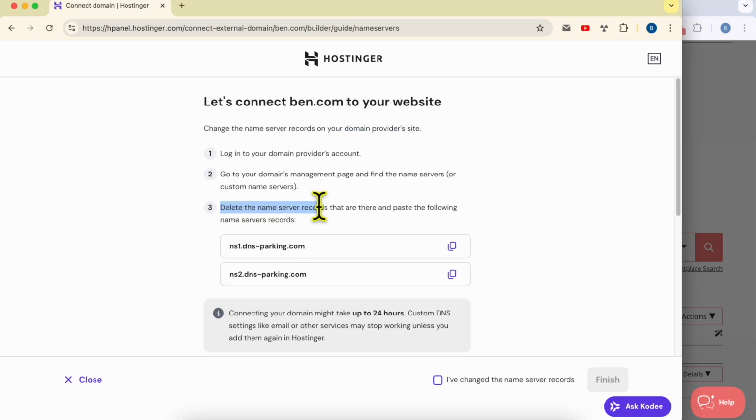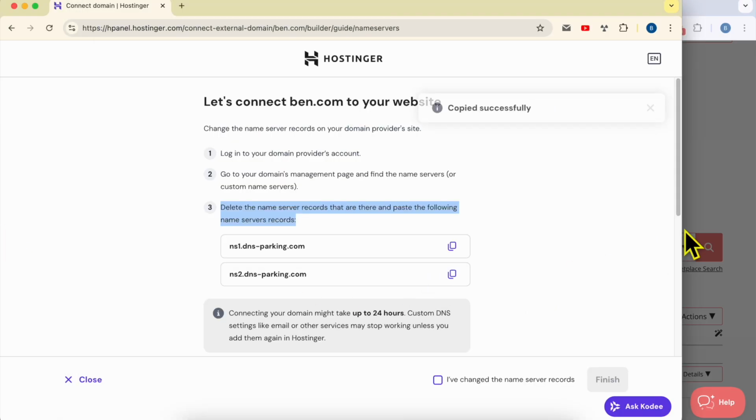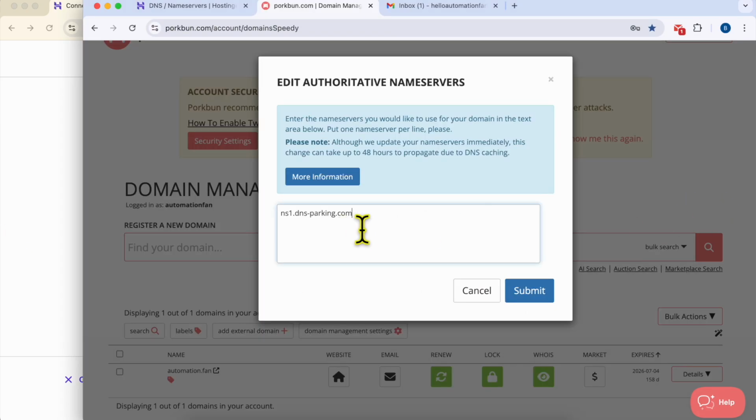Now delete the name server records that are there and paste the following name servers. So copy the first one, return here, delete the existing ones, and paste the first one. Same thing for the second one, copy it, paste it here, like this, so NS1, NS2. Then click on submit. In my case, I will not do it because I prefer not to change my current